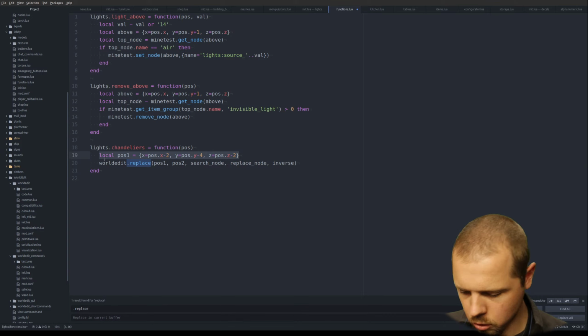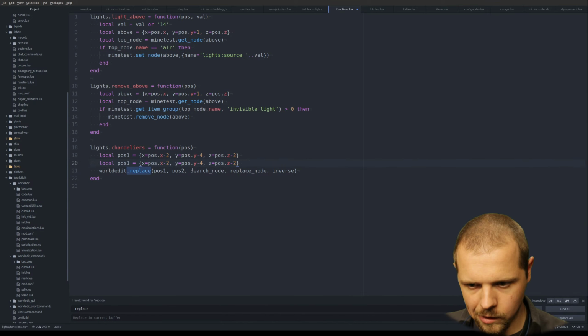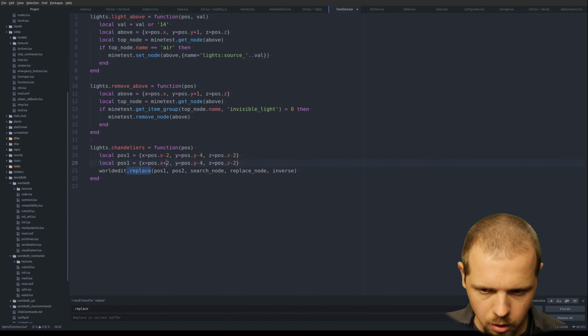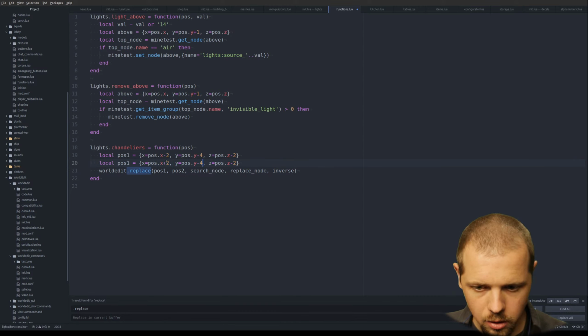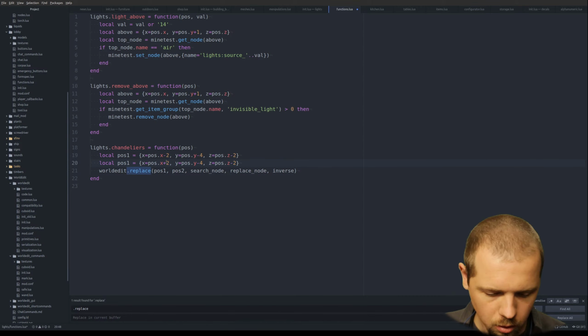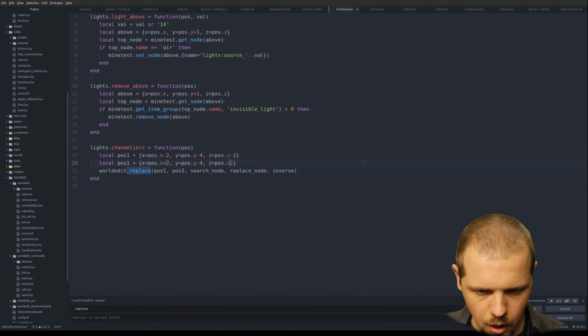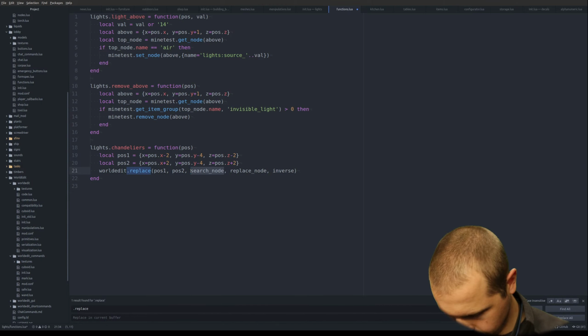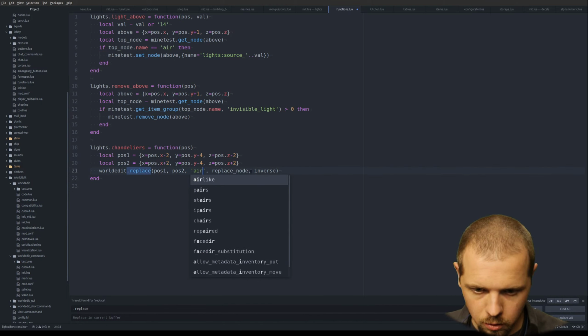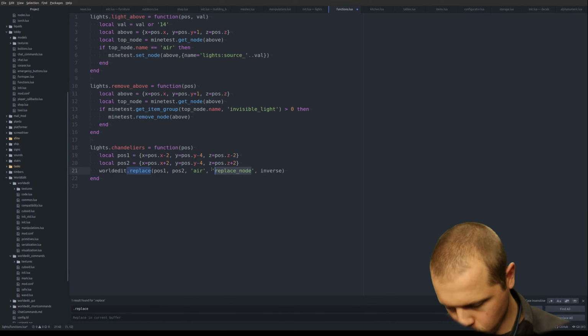And then we can just copy that and change these from minus to plus, still keeping -4 for the altitude difference. And just do position 2. Search node will just be air. So that's simple enough. Replace node is going to be